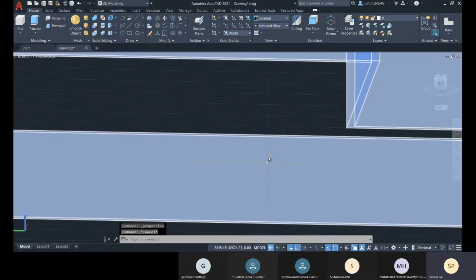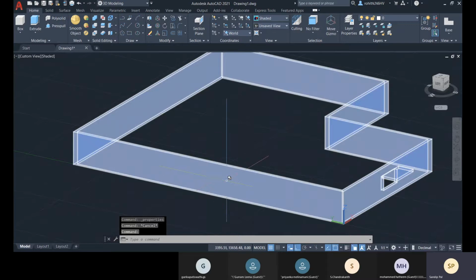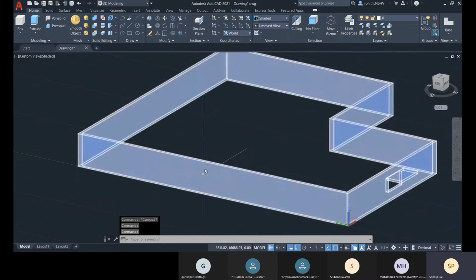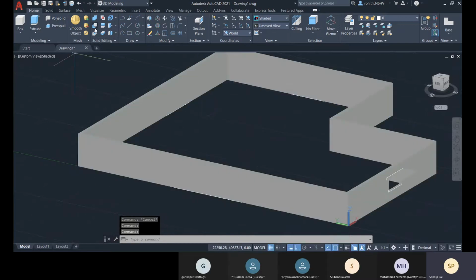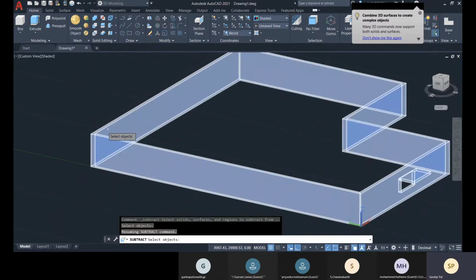Now I have to subtract for the window. So I have this option called subtract in this solid editing panel. I'll choose this subtract, and then what is my main object? This wall is the main object.